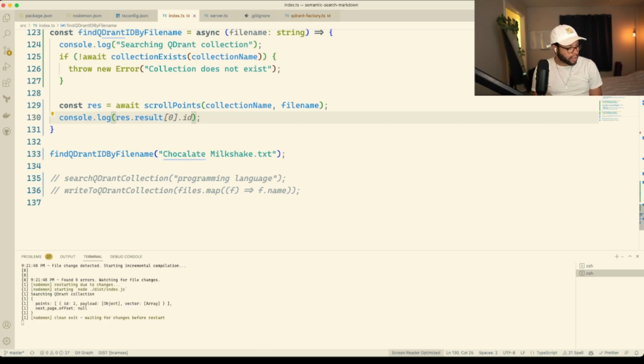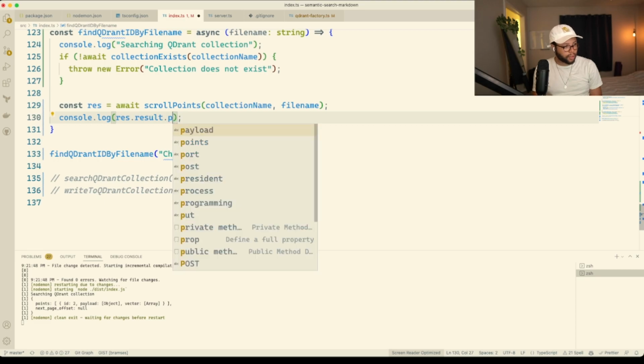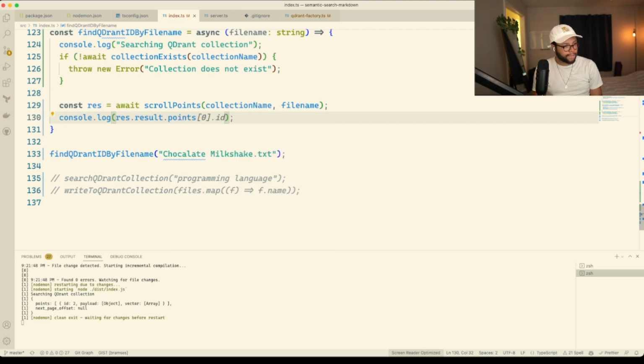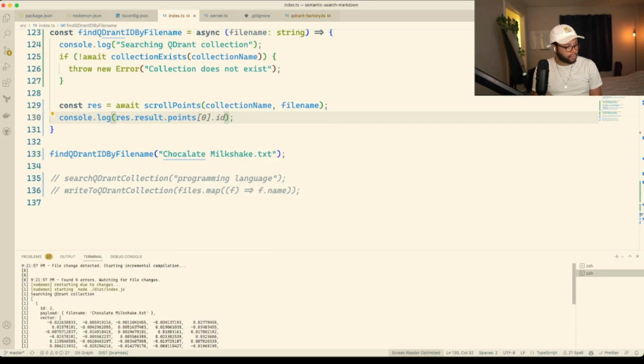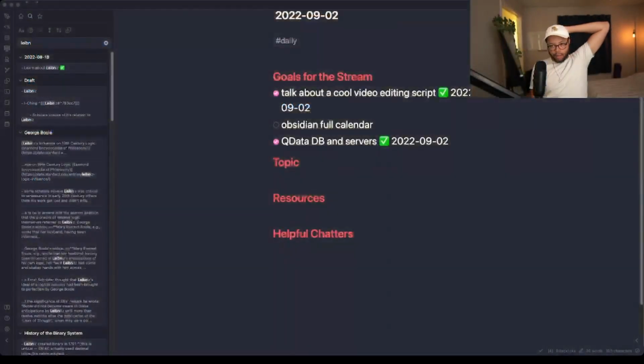Res.result.points. Okay. Dot points. Chocolate milkshake.text. So we're cruising. That covers a lot of the main functionality of what the app needs to do. Like if I go back to Obsidian and we go back to the Excalidraw